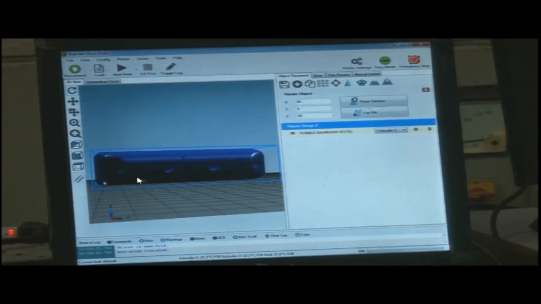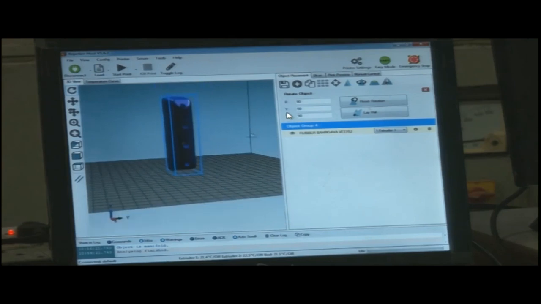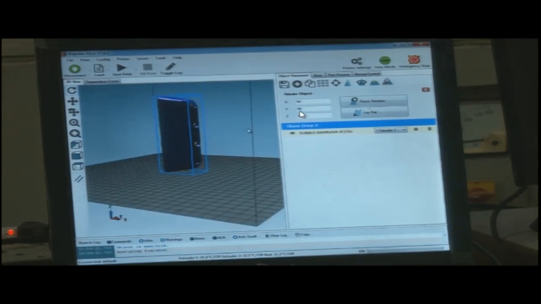CAD is more of this model, the computer design model. I'll keep on using the word CAD for this model. This CAD is kept in proper alignment so as to minimize material use. Look, y is kept 0, x 90, z 90. If y is kept again 90, the height increases. What is the drawback when we increase height?